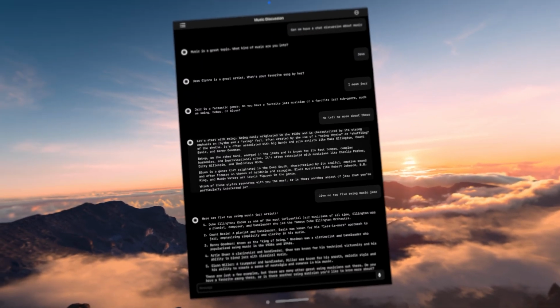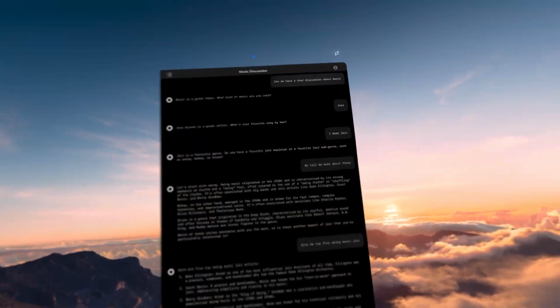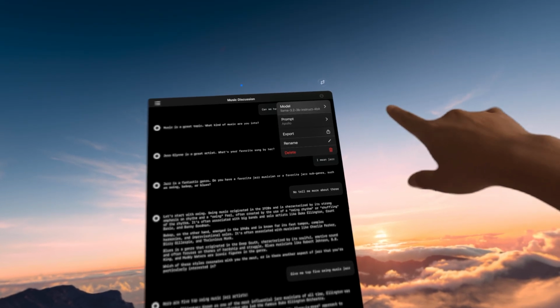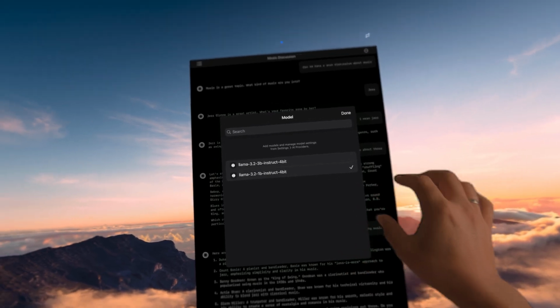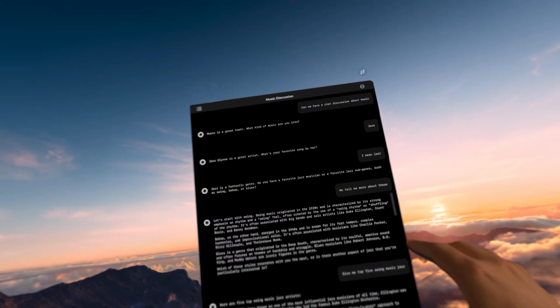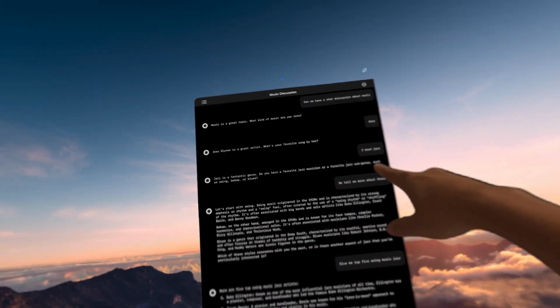Okay, let's try again with this app called Apollo AI app. I'm currently running this model, Llama 3.2 3B Instruct 4-bit. I can change this to 1B, probably a little bit faster. So let's say I don't know much about jazz music, so I can ask the AI